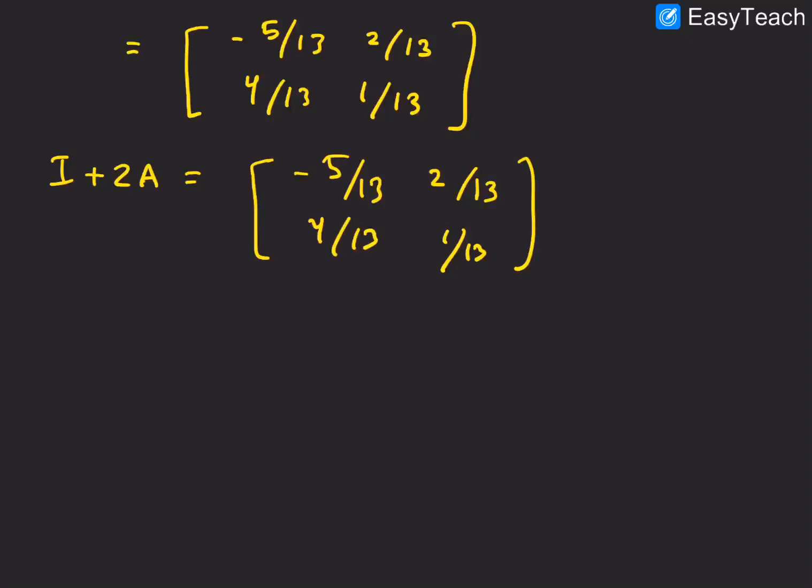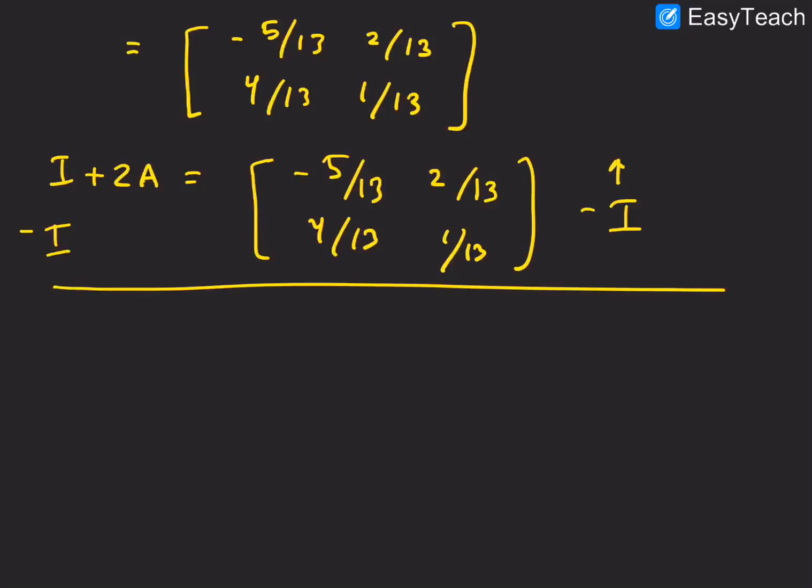Okay, so what you could do is subtract the identity matrix, which is basically, I hope you guys remember, just 1, 0, 0, 1. So if we subtract those matrices,